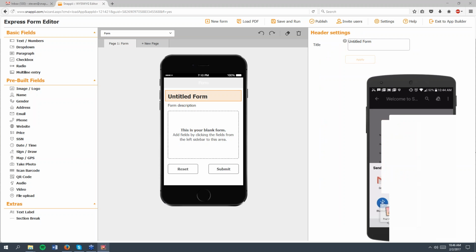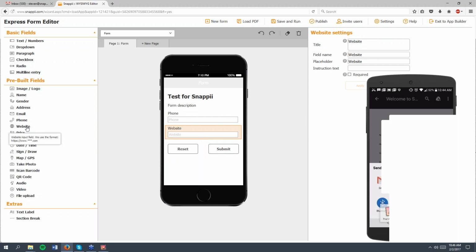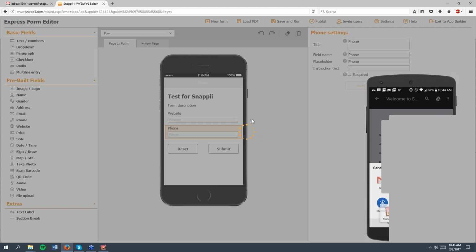Like I said, this is the form that I saw in the beginning when we were first pulling up the app. I want to title it Test for Snappy. Hit apply. And in a similar way to the PDFs, you could just add fields to this. Have a little bit more fields for form because form's been out for a little bit longer than the PDF editor. But you could basically put in whatever fields you want, move them around wherever you see fit. And as soon as you hit save,